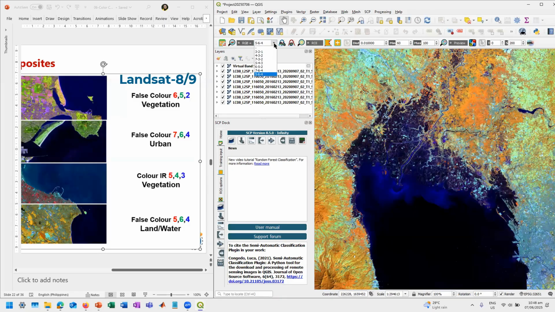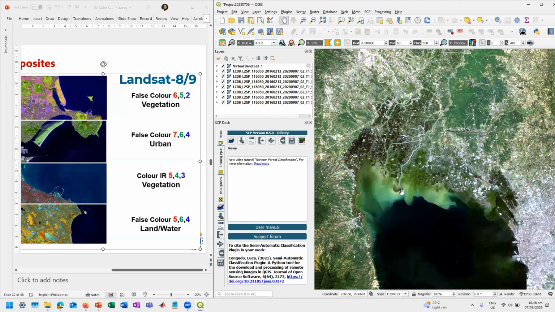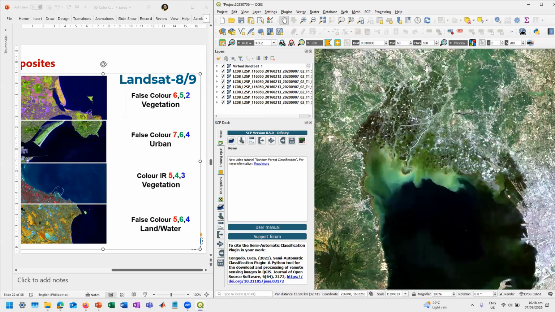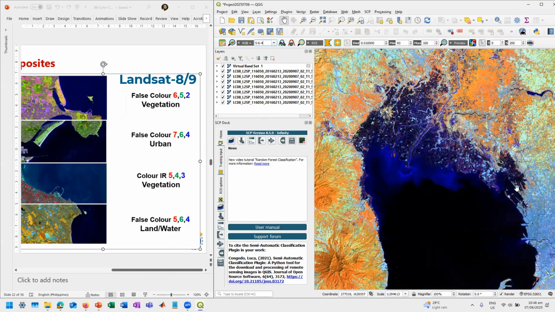If we're going to look at the natural color, that's 432. You'll notice that yung water content here is not obvious. So this is swamp area. But when we chose yung land water, that's 564, you can see that the area that is underwater has been emphasized.